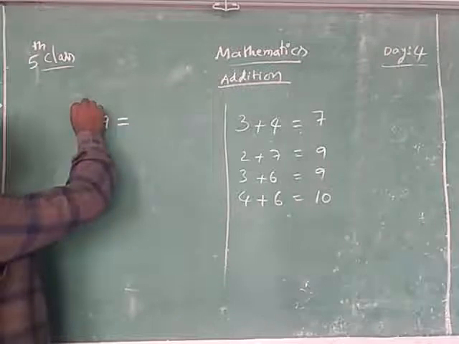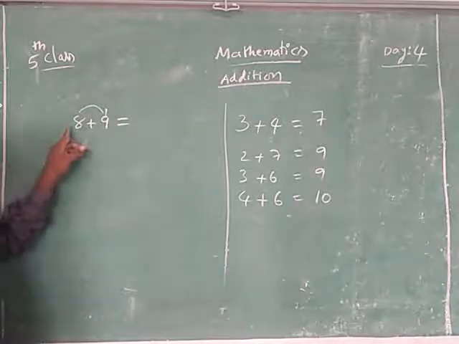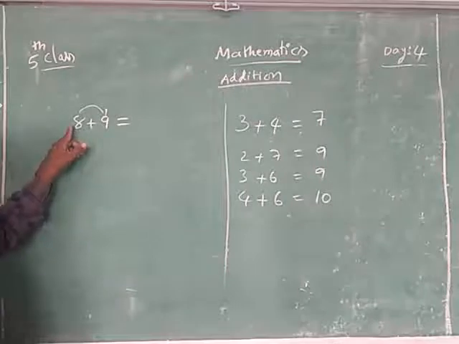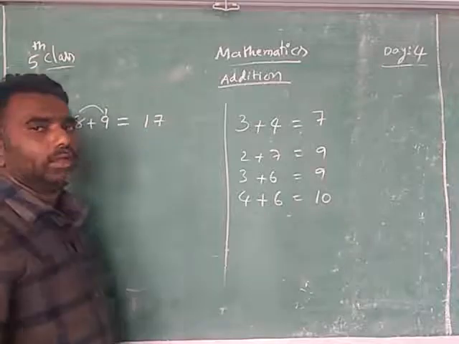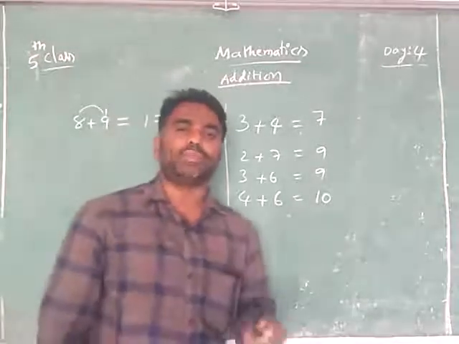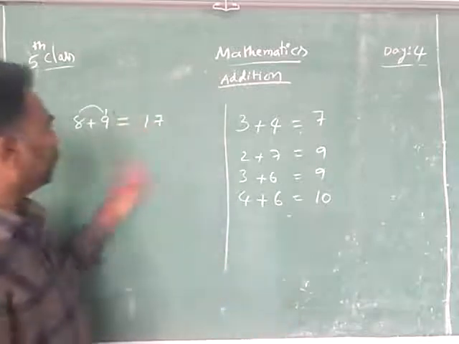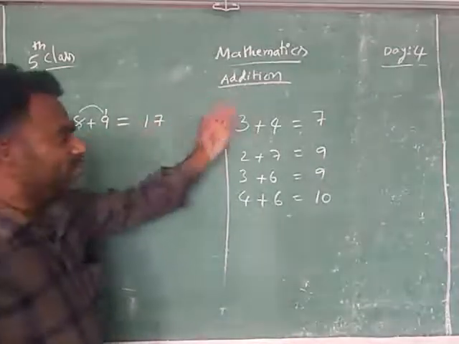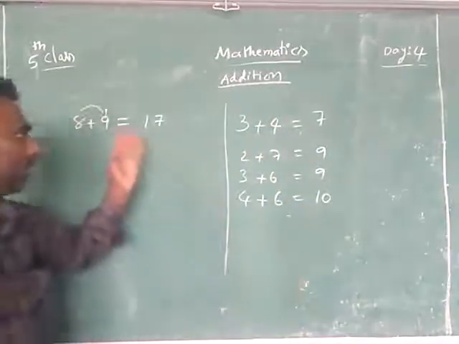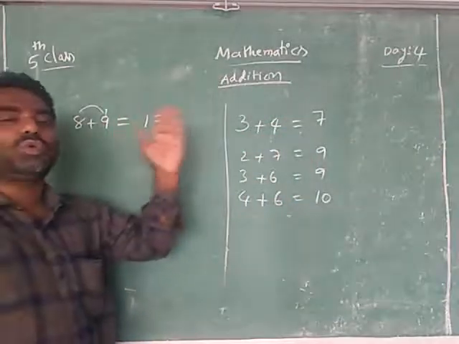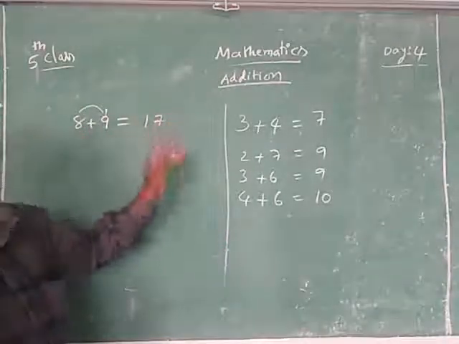So we will give one number here. Then it will become 10. And what is left here? 7. So 10 and 7 will become 17. If you do this process in your brain, this logical idea, you can give the answer fast, whereas if I ask like that, you will take time to give the answer. That time, this method will be very useful to you.